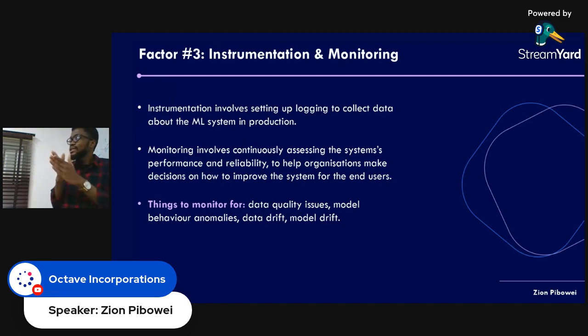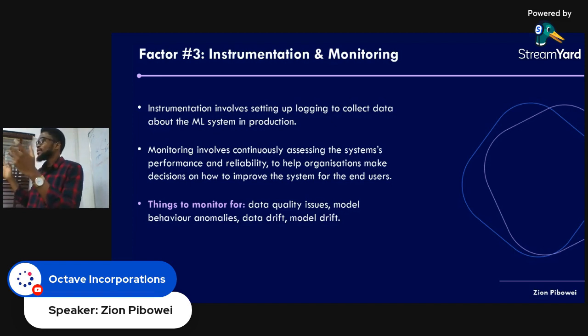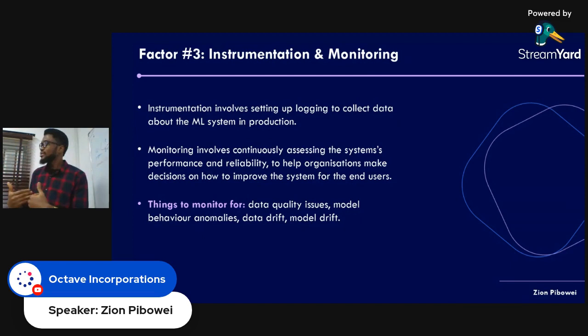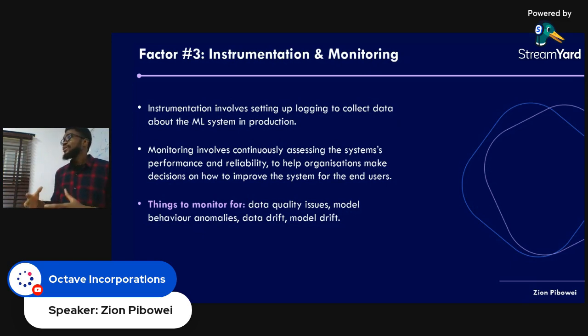So when data begins to change, we want to be able to track the changes so that we can easily correct them. If there's data drift in the business, let's say someone at the production level, the engineers working at the software level, suddenly changed variables, or changed some things in the database or in the warehouse, now the data coming to the machine learning system is different from what it was trained on. So now it is serving wrong inference. We have to monitor for these things in order to avoid model failures.